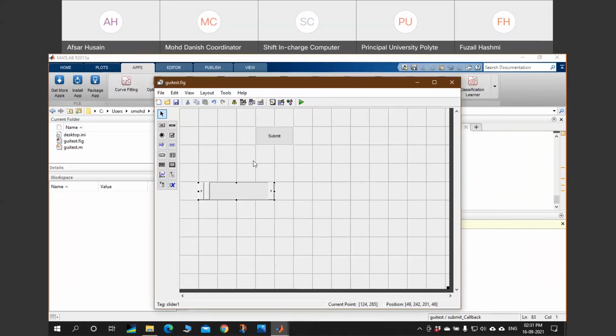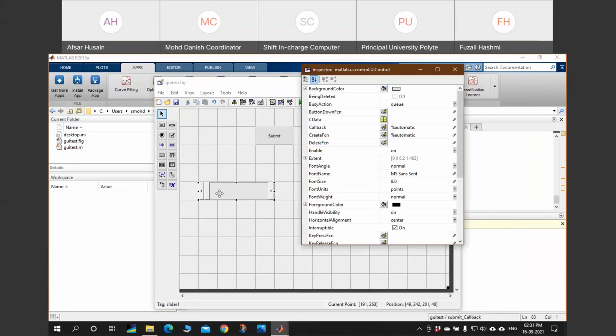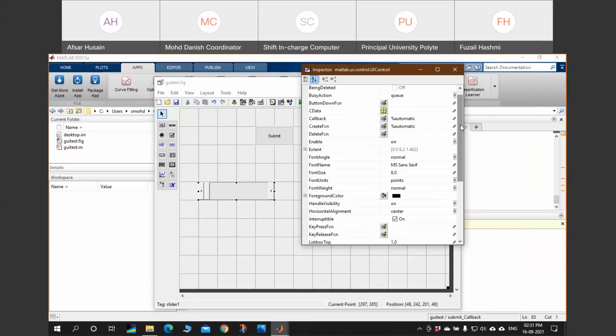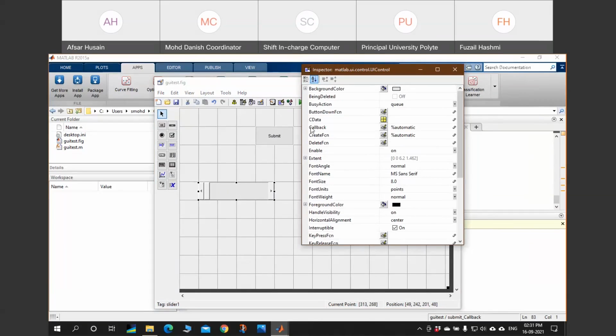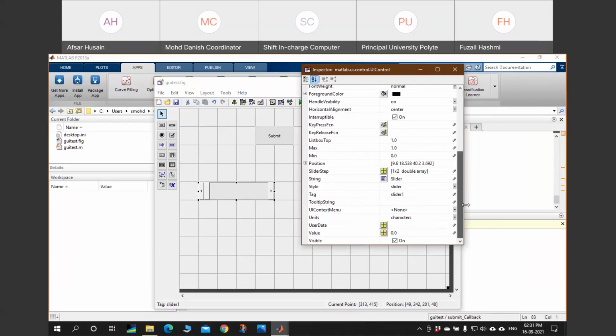Similar to the push button, you can double click it and provide the string. Whatever the utility of this particular button will be, you just name it accordingly, tag it accordingly, and provide the callback function. If you require a right click feature, just provide the button down function also. So it will be very similar to the push button.